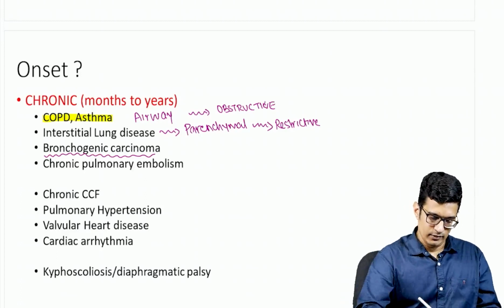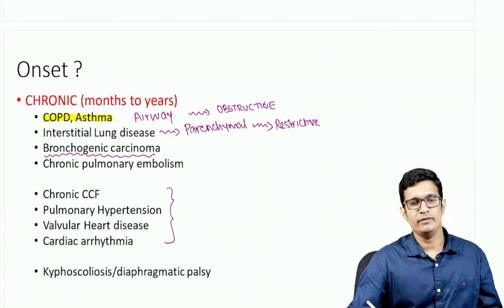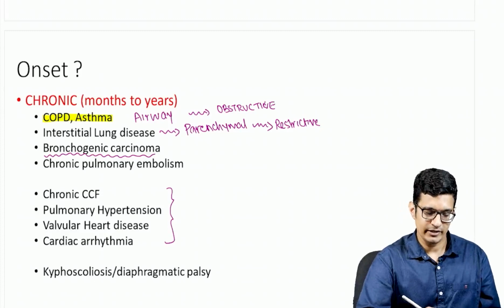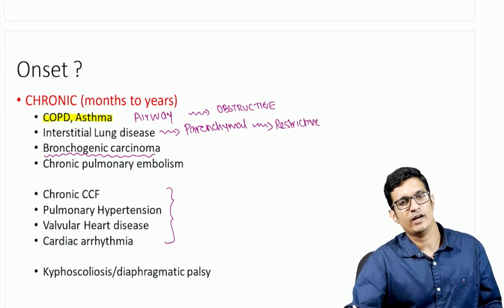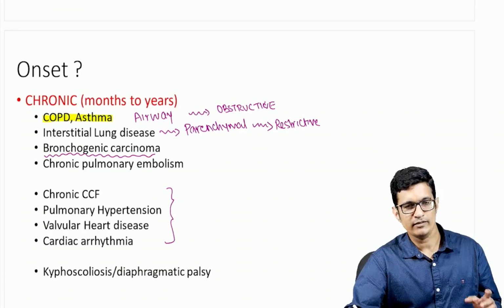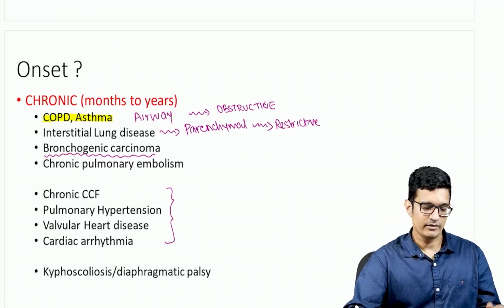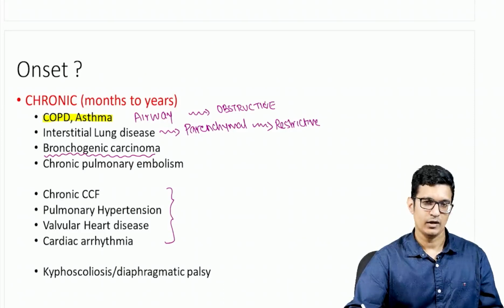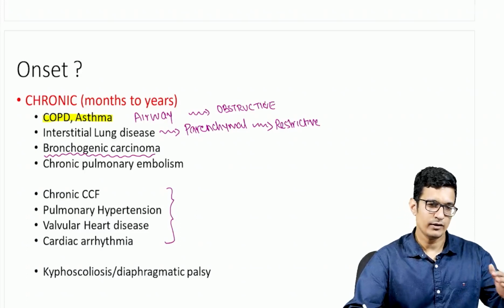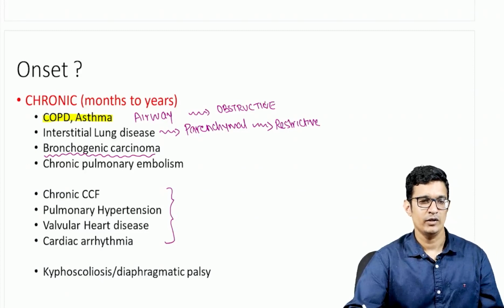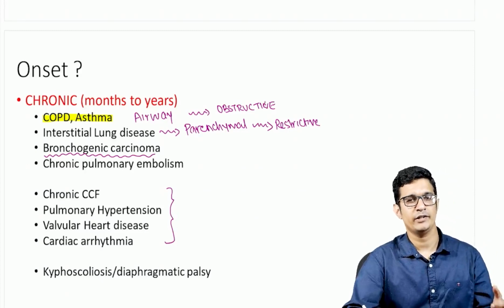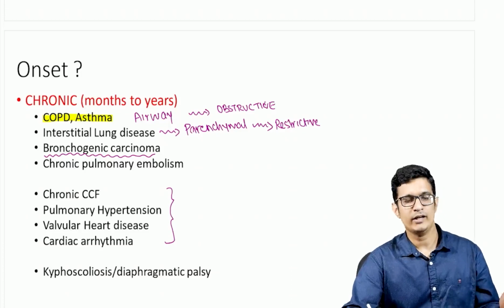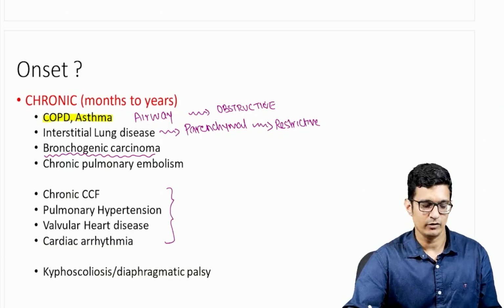Okay. Now the cardiac conditions which will present with breathlessness are mainly chronic congestive cardiac failure, pulmonary hypertension, valvular heart disease, and various cardiac arrhythmias. The most common arrhythmia which can present with breathlessness would be atrial fibrillation, which is what we generally see in patients with valvular heart disease as well. For your undergraduate level, for exams also, atrial fibrillation and valvular heart diseases are something you are going to see more often in your long and short cases. So valvular heart disease and cardiac arrhythmias are causes of breathlessness.